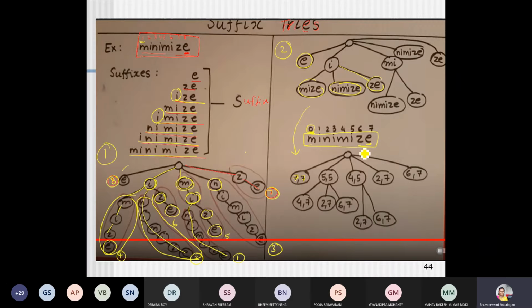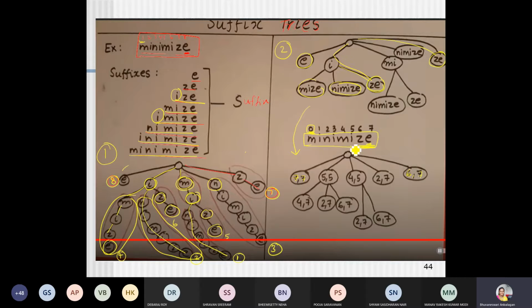And ZE, where is ZE available? ZE is available here. It starts from 6 and it ends with 7. So 6, 7. In this way, let me give it for IZE. I Z E. It starts from 5, comma 7.